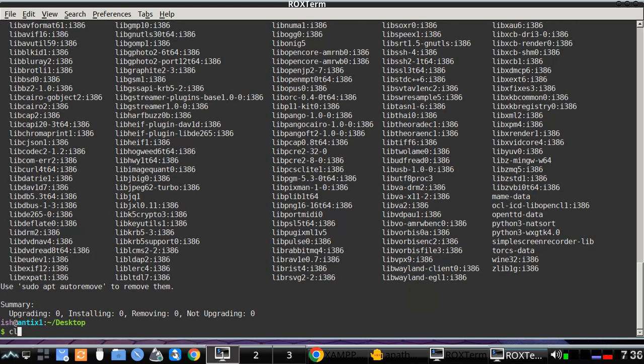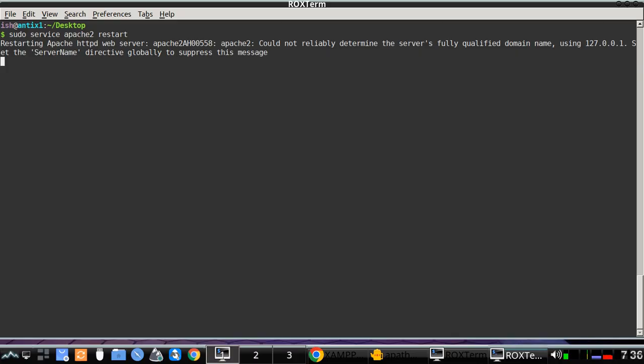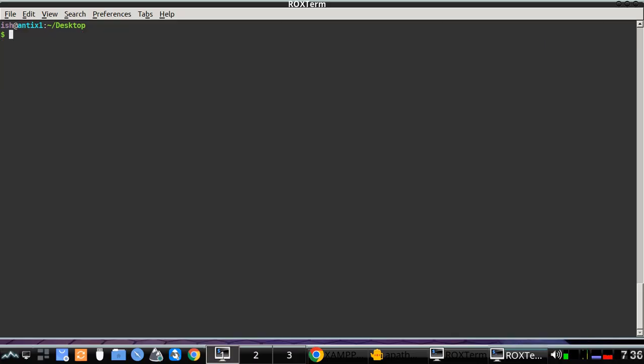Gonna put clear to clear the screen, and it's recommended to sudo service apache2 restart. And to restart, let's clear the screen. But also, when you wanna install Apache, you wanna also add a few things. You wanna install